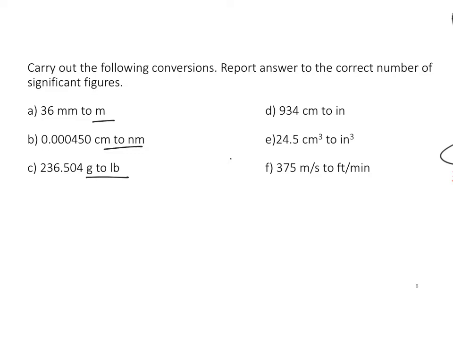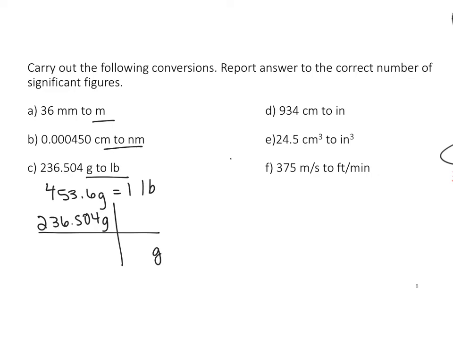Okay. Yeah. So we have 453.6 grams equals 1 pound. So you want to take 236.504 grams, and then you want to make the dimensional analysis, and you're going to put grams on bottom and pound on top. And now you know to put the 1 with the pound and the 453.6 with the grams. And that's going to tell you to divide. So now you'll take 236.504 and you will divide that by 453.6 and you get